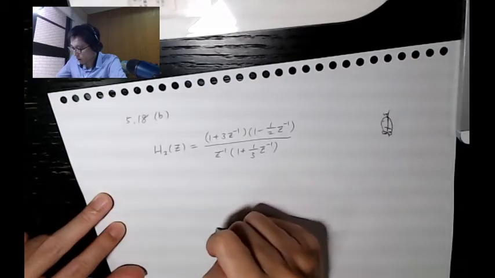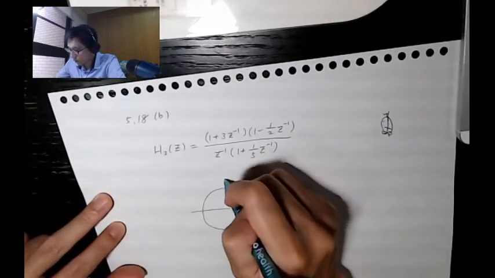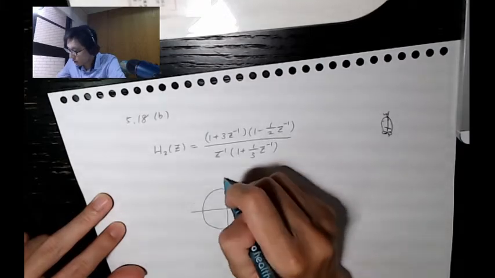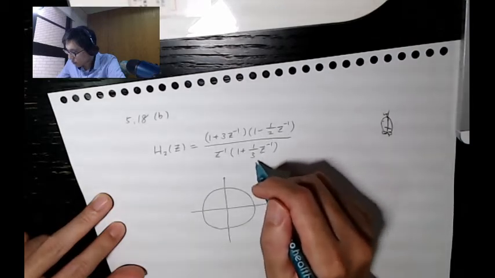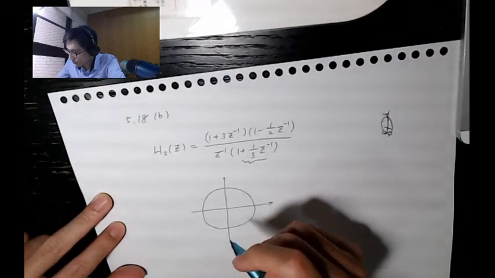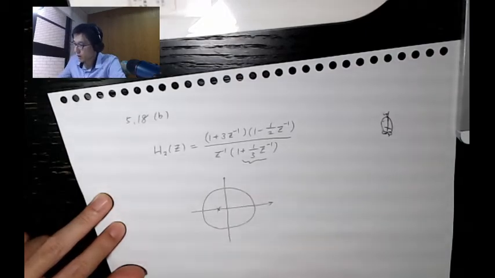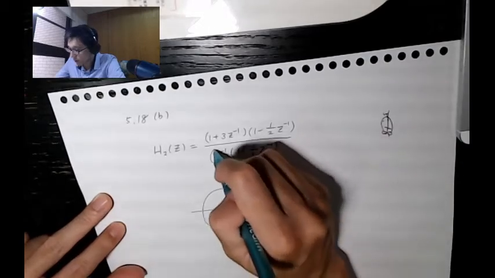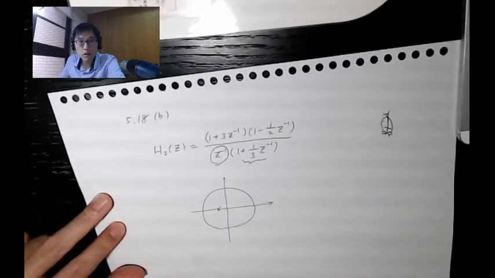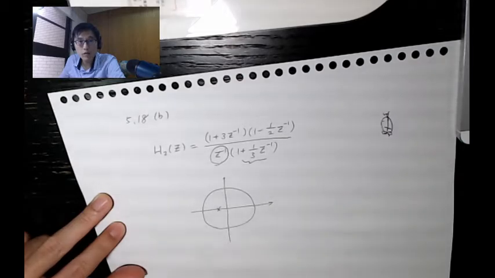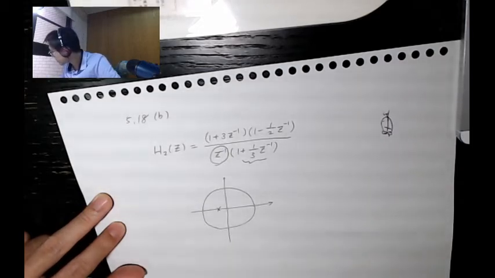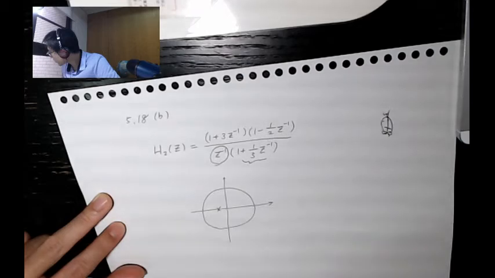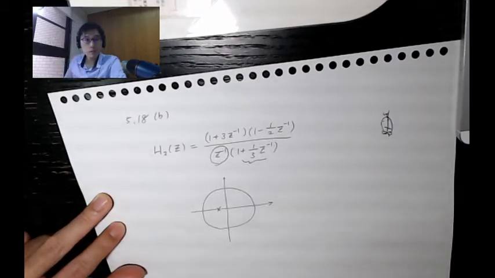Okay, so let's draw a diagram to see where the poles and zeros are located. It seems that we have a pole here, and the pole is at minus 1/3. Okay, we have a pole right here, and we have 2 zeros up there. We will address this factor because the question really arises how we deal with this z inverse when we need to find a minimum phase system that has exactly the same magnitude response.